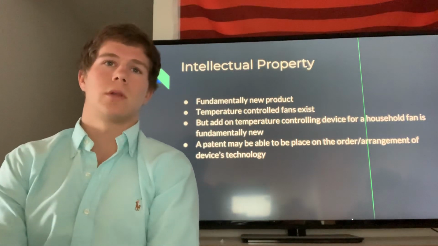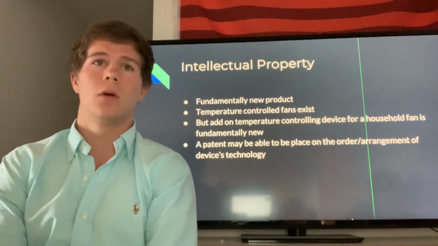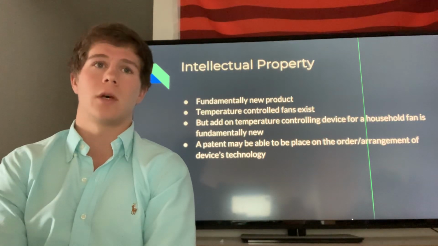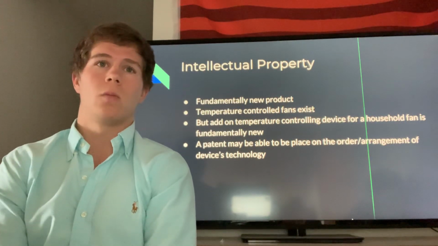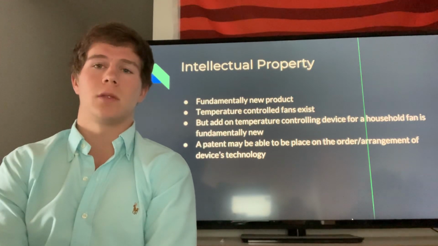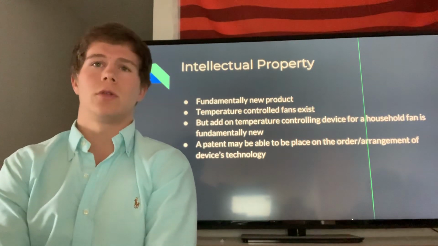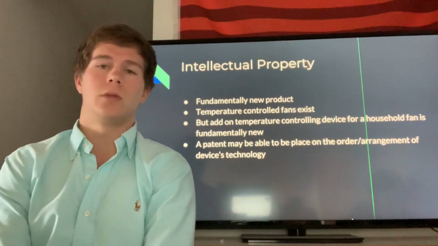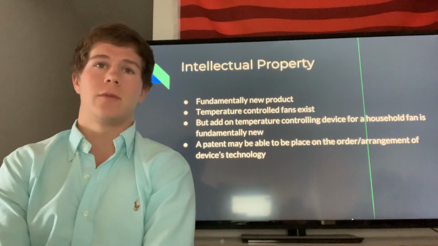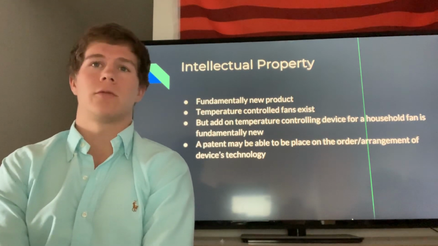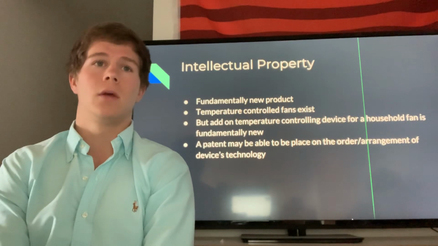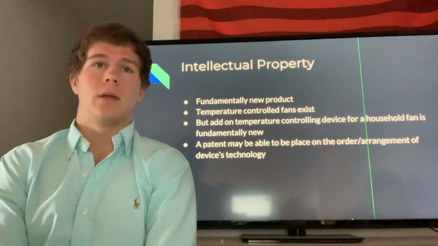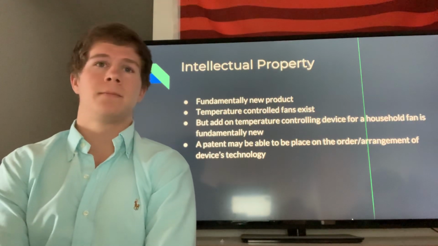Having conducted research on the idea of fan temperature control, we have concluded that our fan regulator is fundamentally a new product that has not been produced to market, and one that doesn't contain any fundamentally new technology. From our research, we have seen that fans controlled by their environment's temperature do exist, but these fans are expensive and are sold altogether. Our device is different in that you use it with the fan that you already own that doesn't have environmental control, and you just apply it as a device.